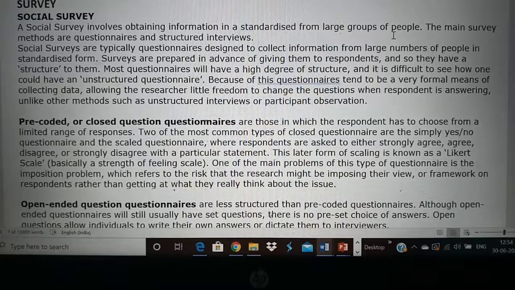So for example, if you say I will sit next to a HIV affected person, so that is a behavioral feeling. Each person may have different feelings. So if you are a health worker who is working with leprosy, working with HIV patients, then you may say I strongly agree that I will sit next to a HIV patient, because you do not have any fear. Whereas a person who is very scared, who is not in the health field, they may say that I strongly disagree. So each person has their own perspective. So that is why these questionnaires are very important in gathering data.